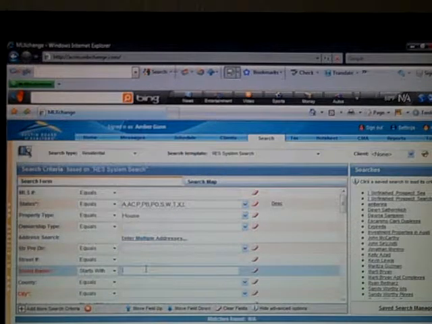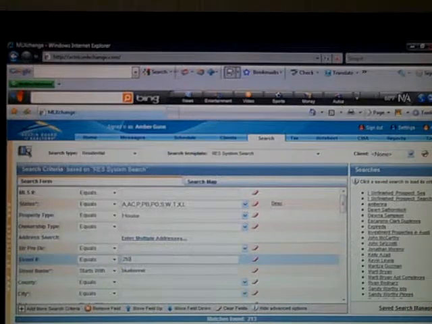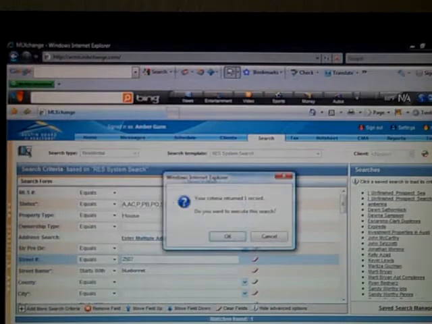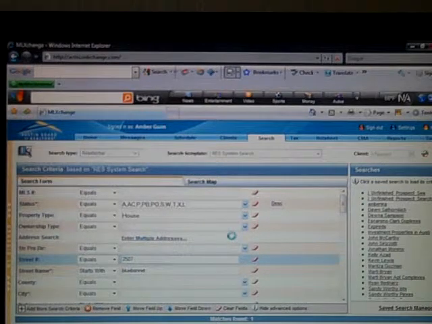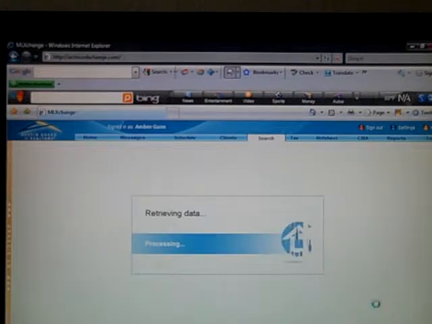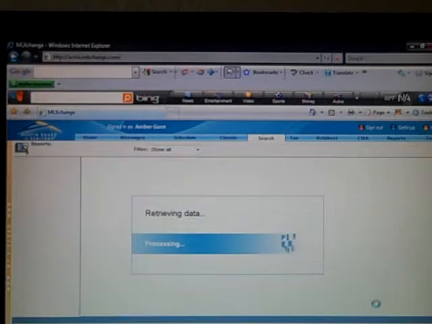Our street name of the house we're going to list is Bluebonnet. Street number is 2507. I'm going to go down here to the right-hand bottom side, hit results, and let's see what we find out. One record. So it looks like this is a sold listing, and any of the listings would be fine, no matter what